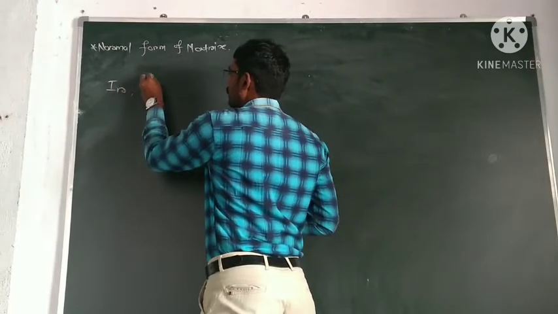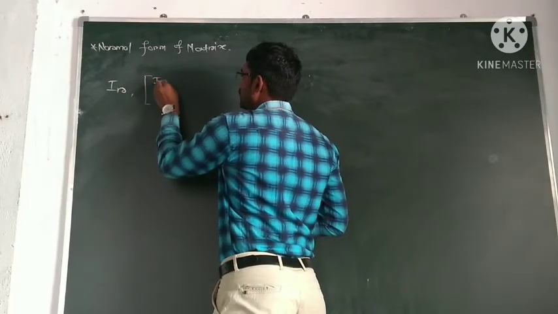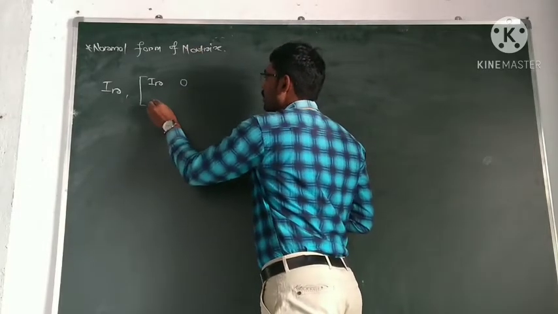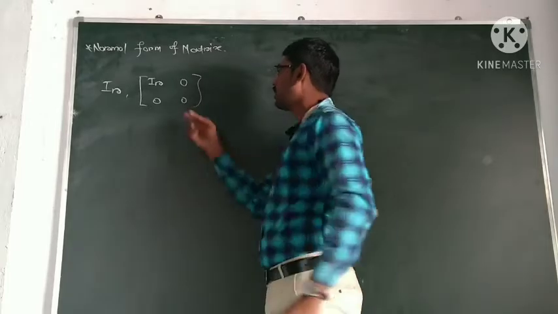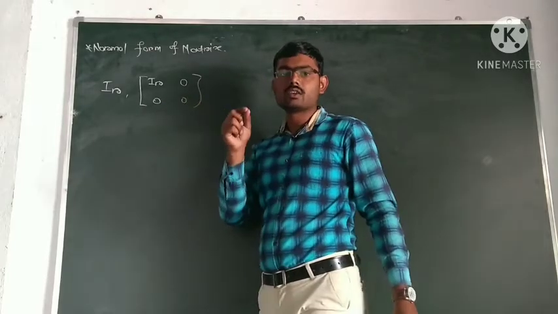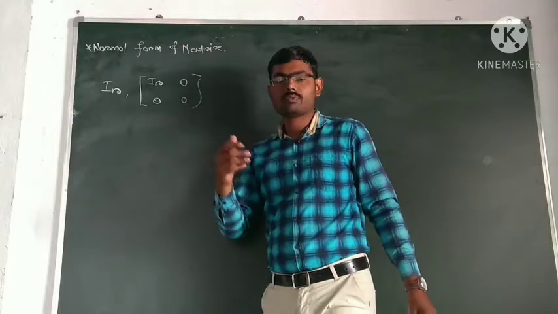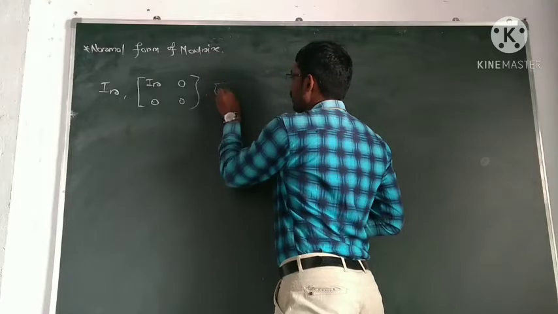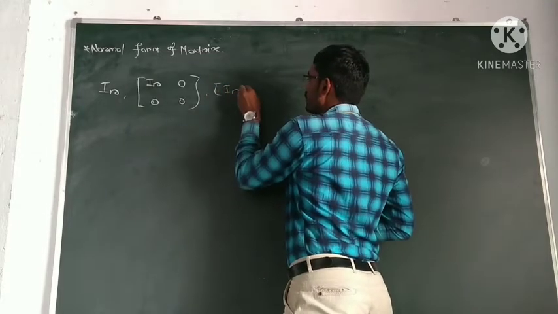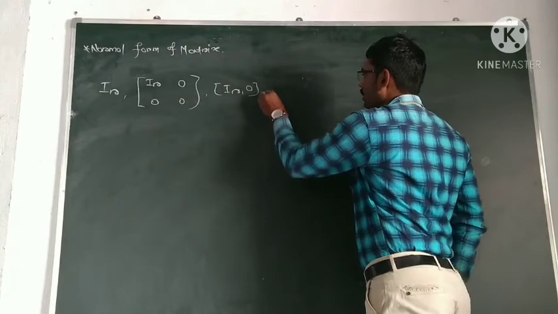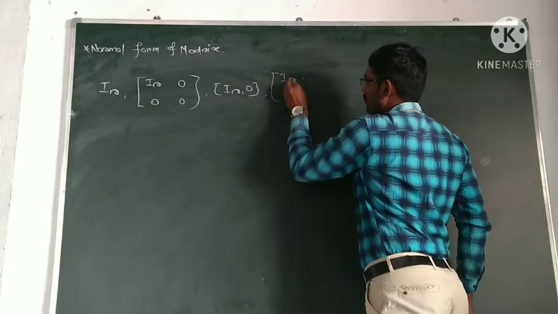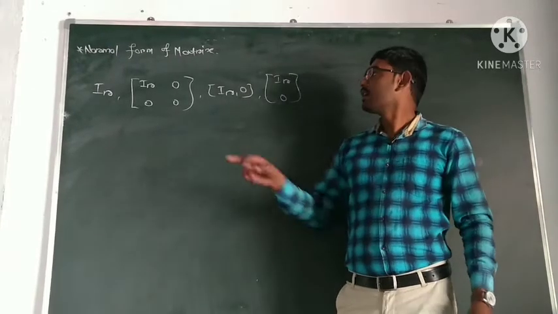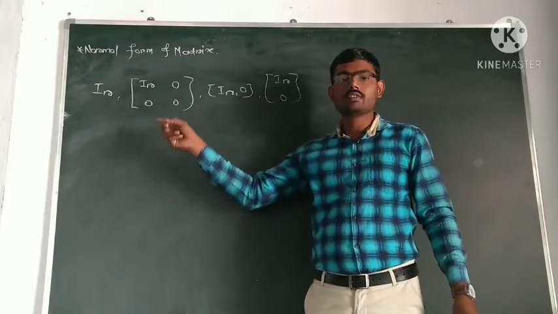Or, here is a submatrix of order r, and there are other submatrices of order 0. Here the 0 does not mean only a single 0. Here it may be some matrix of order 0. We will clarify it later on. Then after transformation, the matrix may reduce to this form or this form.